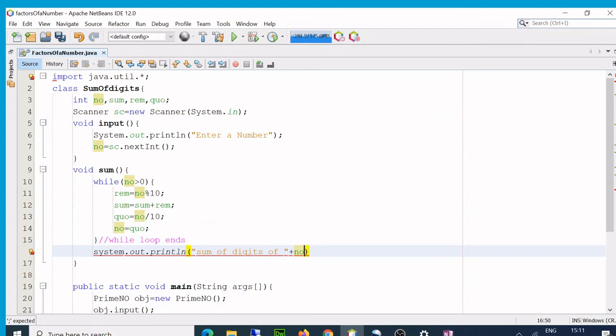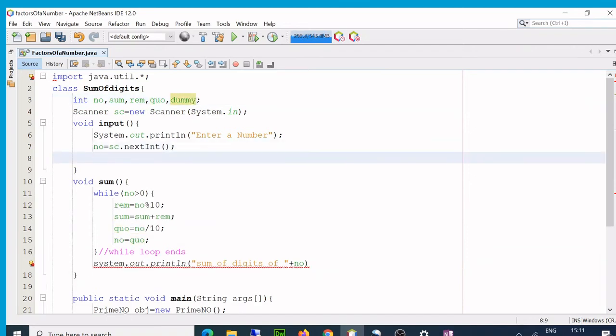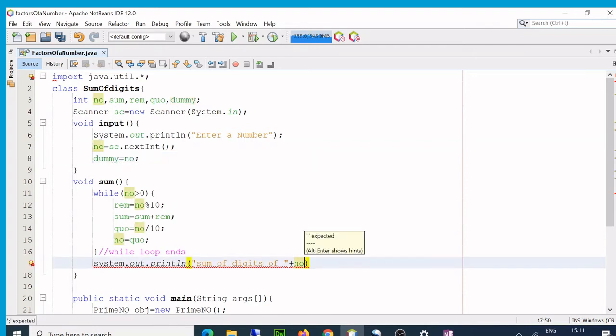So I'll have to store this number also. I'll call it dummy, and I'll say dummy is equal to number. Number is stored. Dummy is my number.